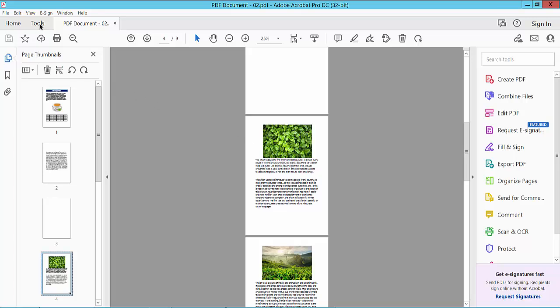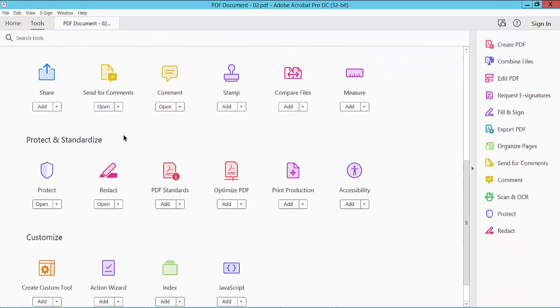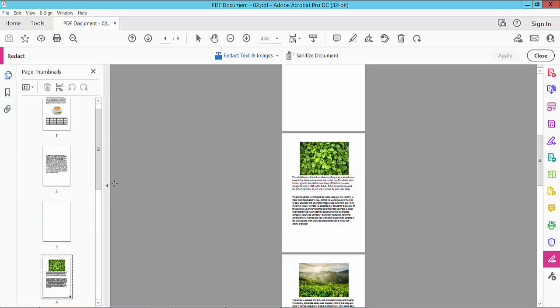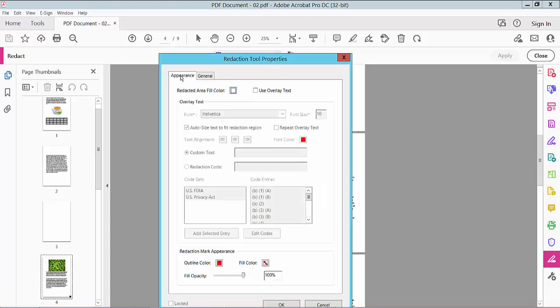Click on this tools option and scroll down. Here you will find this redact option. Click here. Now click on this redaction arrow and first select properties option. Now click on this appearance option and select this color. Select black color